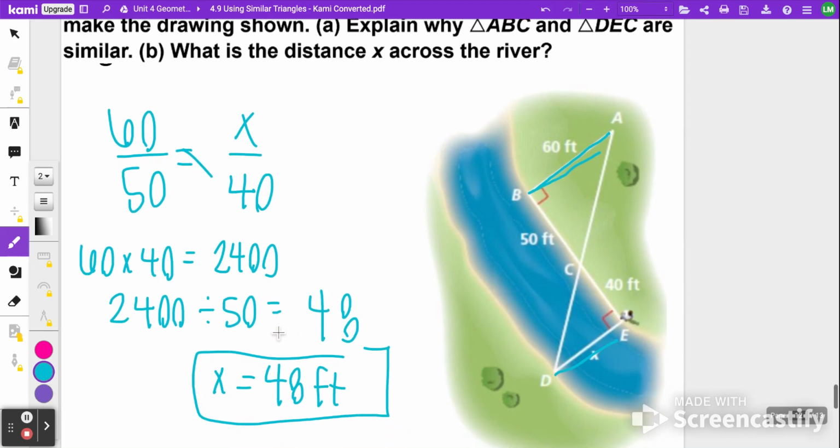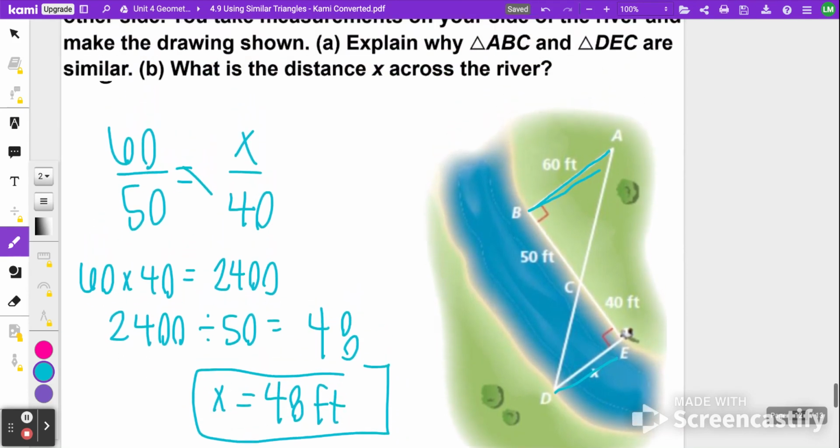Okay. That'll conclude our notes for today. Thanks for hanging in there, especially with those two similar figures right before that. You just had more complicated proportions to look at, but hopefully that helped clear